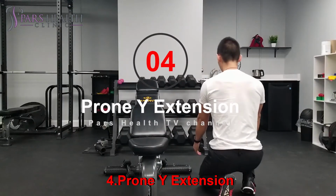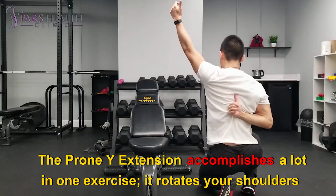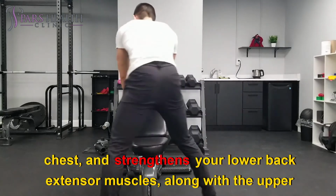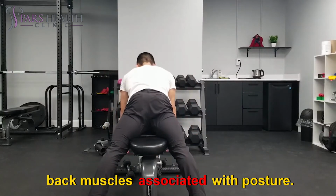4. Prone Y extension. The prone Y extension accomplishes a lot in one exercise. It rotates your shoulders outward, stretches your abdomen, which is normally flexed, stretches your chest, and strengthens your lower back extensor muscles, along with the upper back muscles